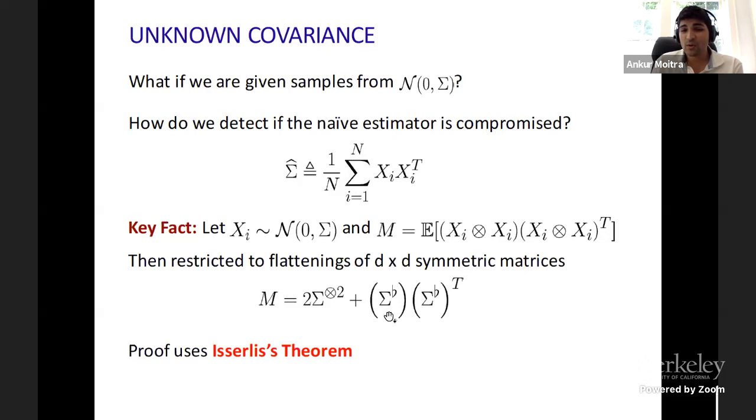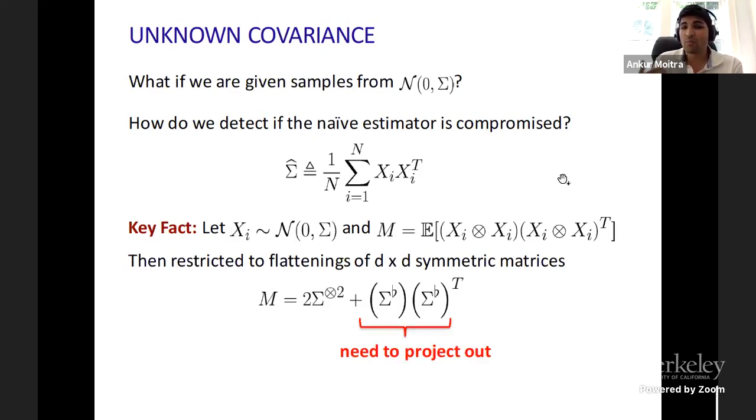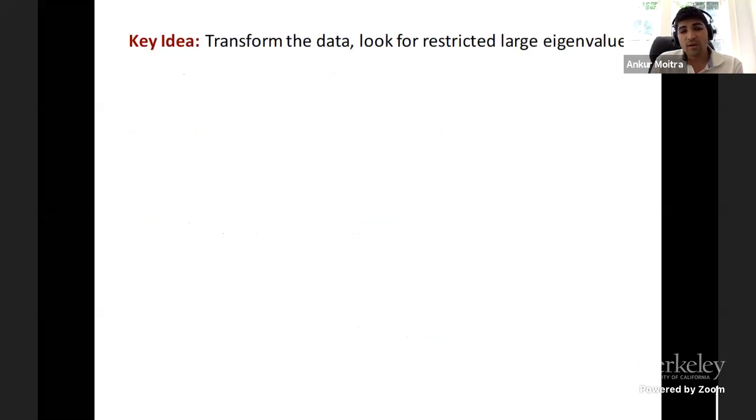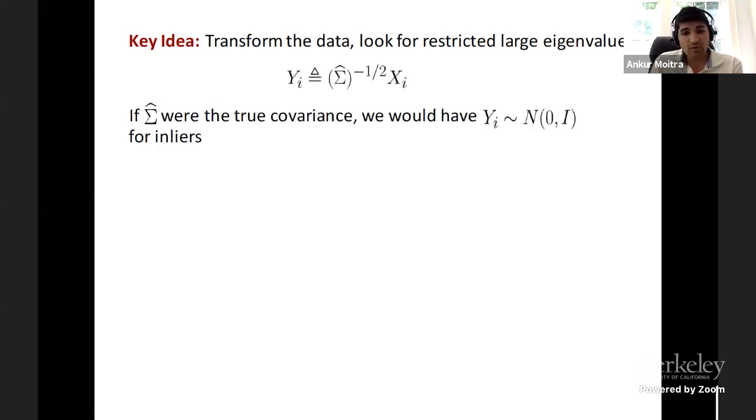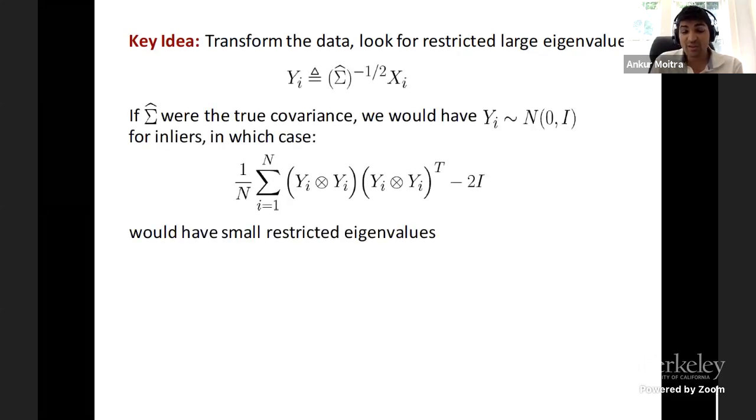And actually, its spectral norm is polynomially large in D. So there's a huge shadow for the adversary to add corruptions within. And that's where the adversary could hide unless you know how to project out this one term in exactly the right way. So it turns out that there is a way to project out this one term in exactly the right way. Actually, since I'm sort of short on time, I'm just going to assert it, but it turns out